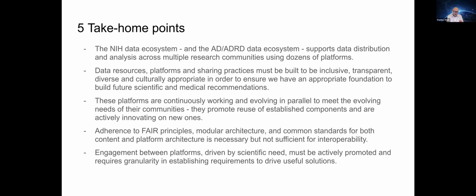And then finally, the engagement between platforms driven by serious scientific need has to be actively promoted. And that's going to require us to talk at levels of granularity to establish requirements to drive really useful solutions across NIH writ large. And with that, I am done, and I will